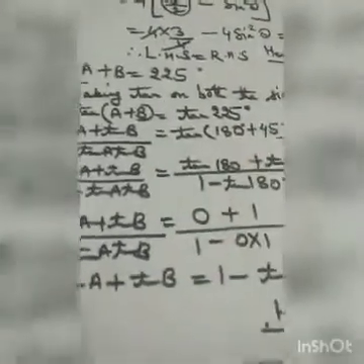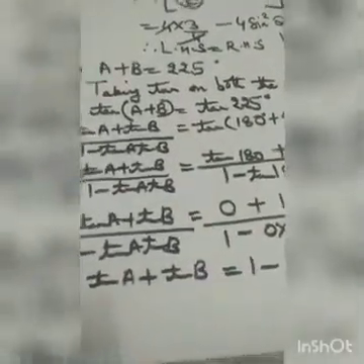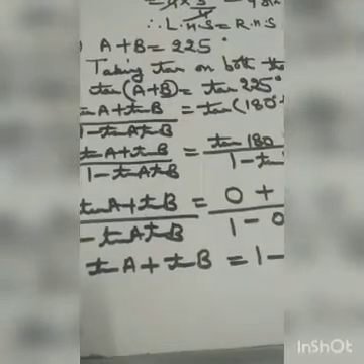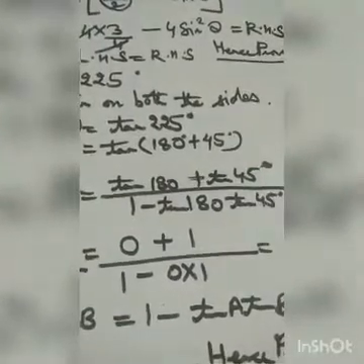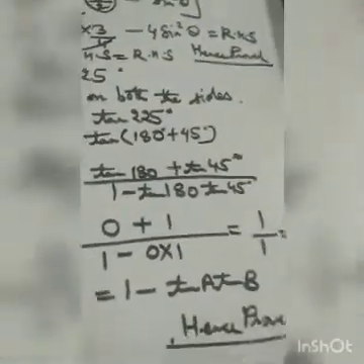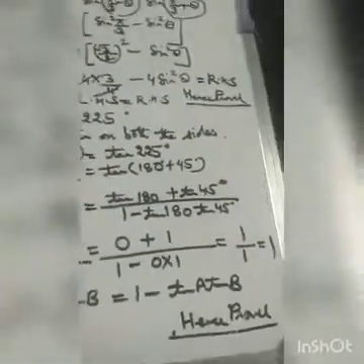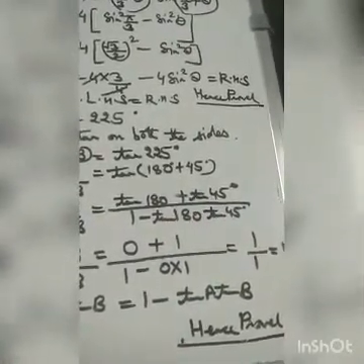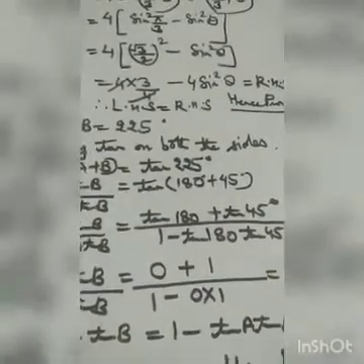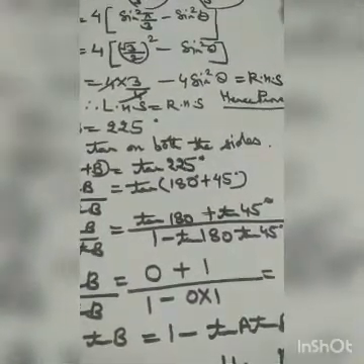Hence simplifying or rearranging the terms, tan A plus tan B on left hand side, cross multiplying 1 minus tan A tan B, which is the required statement to be proved. So this is how you can also prove the trigonometric identities or expressions, whatever, using formula on both the sides.